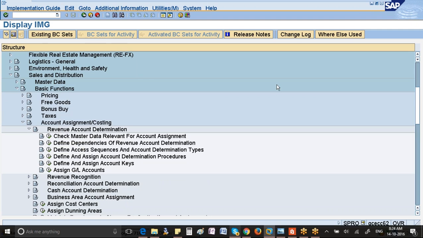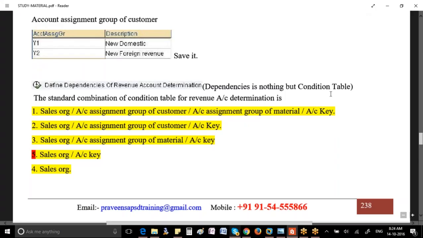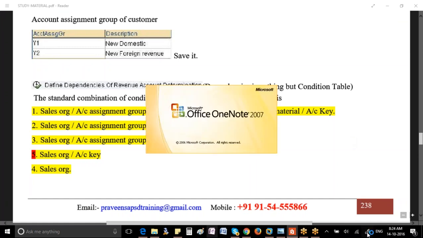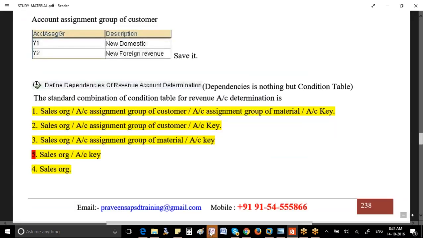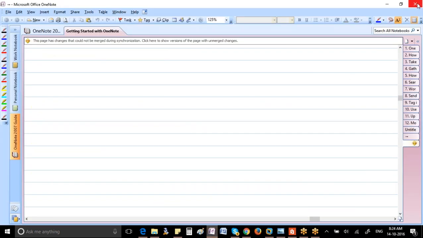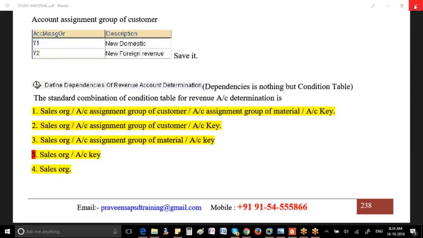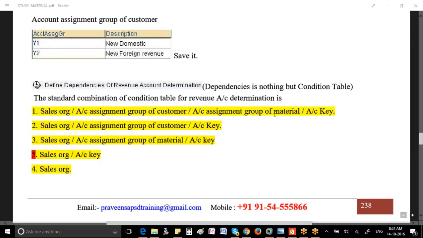Okay, so see, I'm creating, for all my domestic customers I want to enter Y1. But suppose later I change the value, or I want to insert some value for 1000 customers in one go. So I have 1000 customers, and for all of them in one go I want to insert this particular value. Anyway, I will show you this tool after the session, at that point. But coming to the configuration, once you maintain this particular